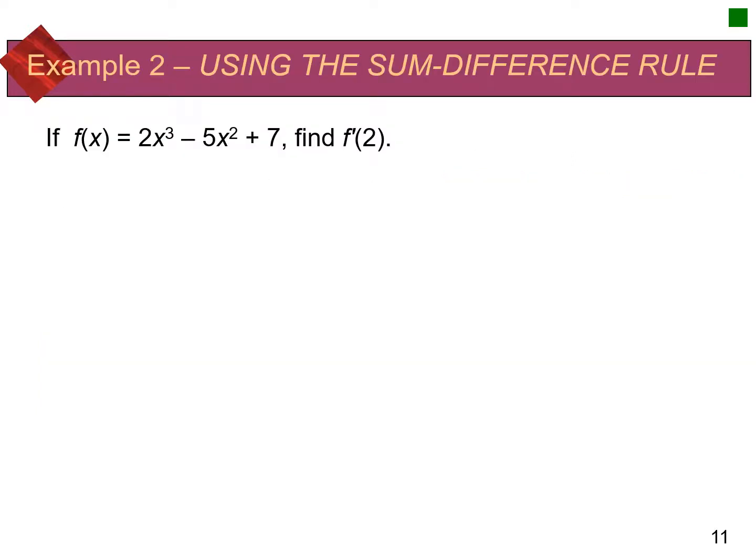Say you're given that f of x equals 2x cubed minus 5x squared plus 7. Now, we don't have a rule for this whole thing. We have a power rule and a constant multiple rule. So if I take these three functions separately, take their derivatives, and then carry through the subtractions and additions as defined in this function, that's going to give me the same thing. So as I go through this example here,